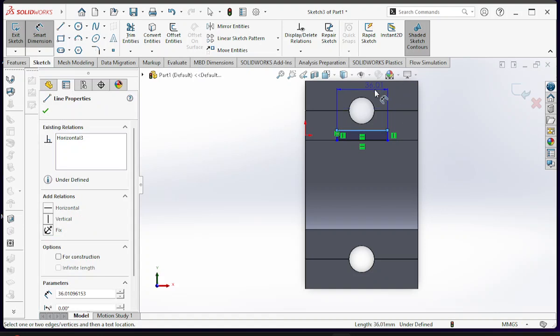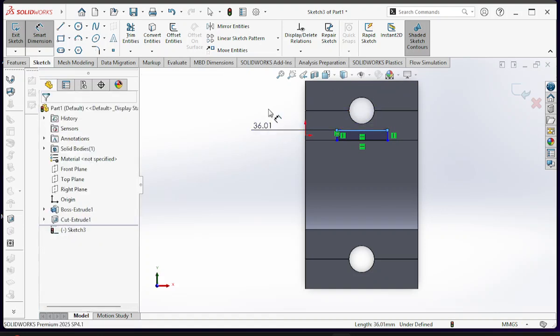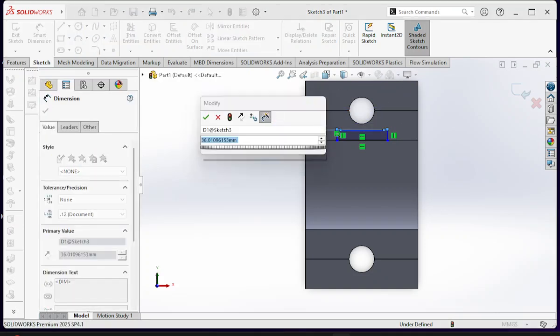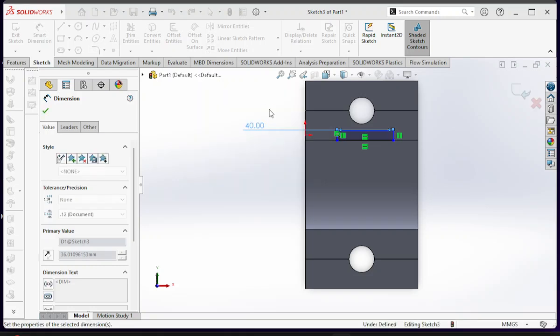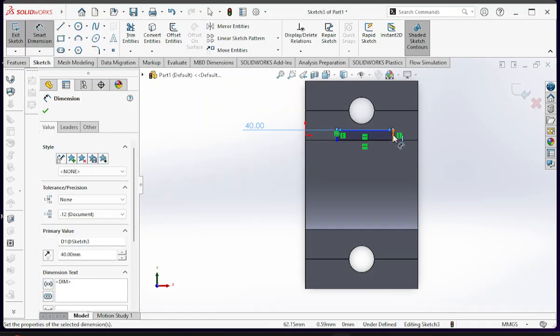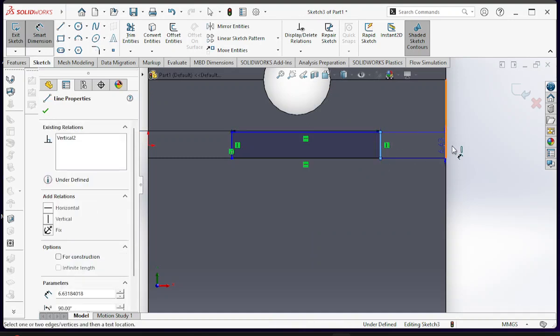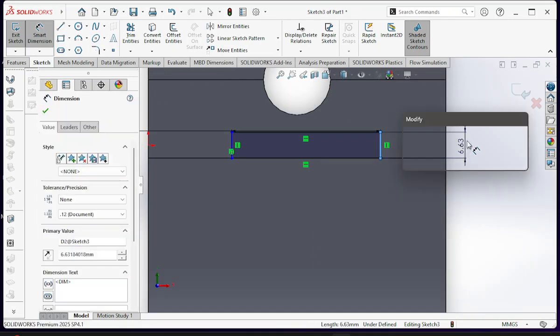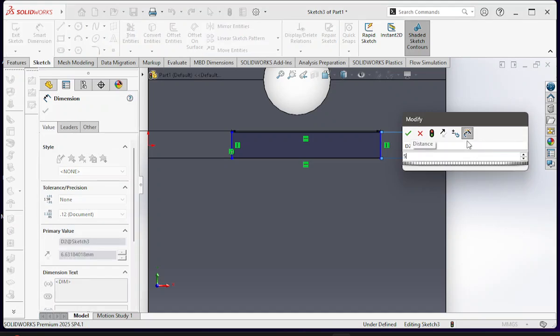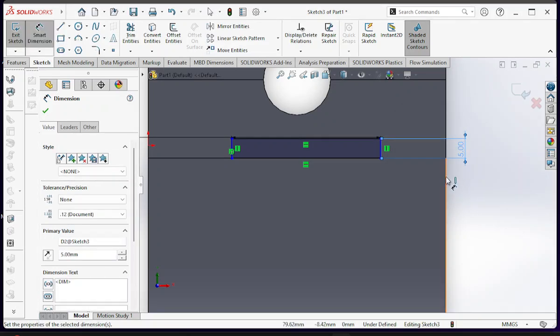This should be 40 mm, and the side must be 5 mm,